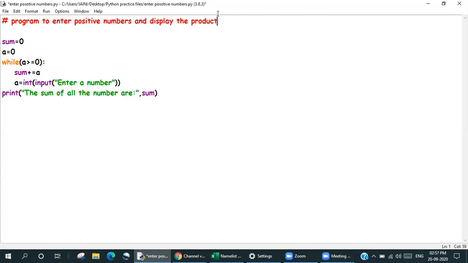I tweak it to say display the product, then there's going to be a little bit of a problem. What problem will I face? Of course, I need to change this into multiplication, and I will just make it PR product.